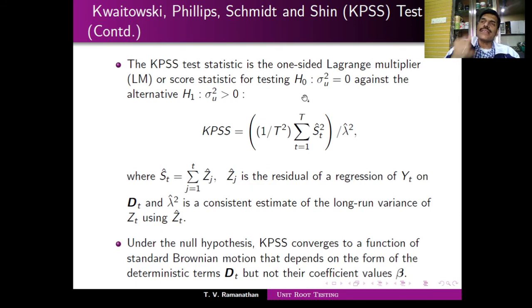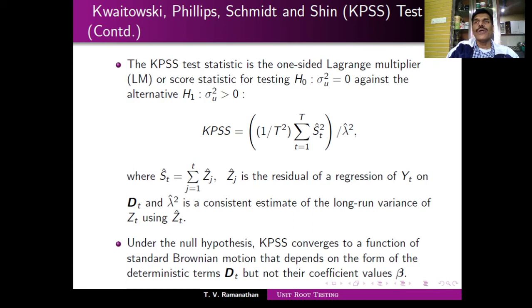Now, these kinds of tests are a little problematic because you are testing on the boundary of a parameter space. See, for example, if you have a test for variance, the variance parameter is in the closed interval 0 to infinity, and if you're testing that it is equal to 0, you won't have the usual expansions available. So you will have a problem. The asymptotic theory will be slightly different. So we don't use the likelihood ratio test for such a situation.